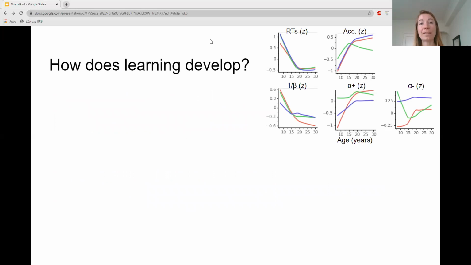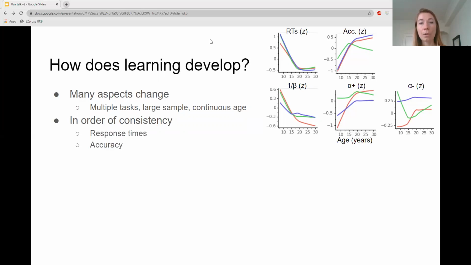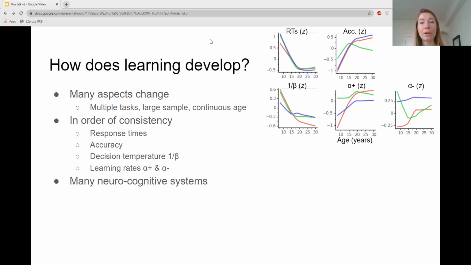So what have you learned from this study? Many aspects of cognition change during development, and one task is never enough to capture all of them. We were hoping that by using 4 different tasks, we could shed some light on the most important developments and potentially explain inconsistencies between previous studies. We indeed replicated previous studies and saw consistent changes in RTs and choice parameters across all tasks. But at the same time, learning parameters differed widely even within the same participants. We think this means that a single brain system might underlie choice, but several systems underlie learning.